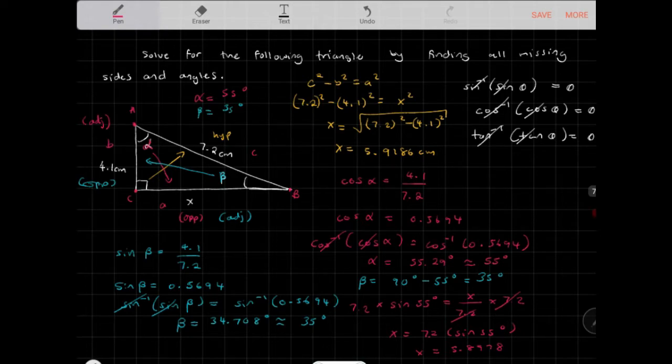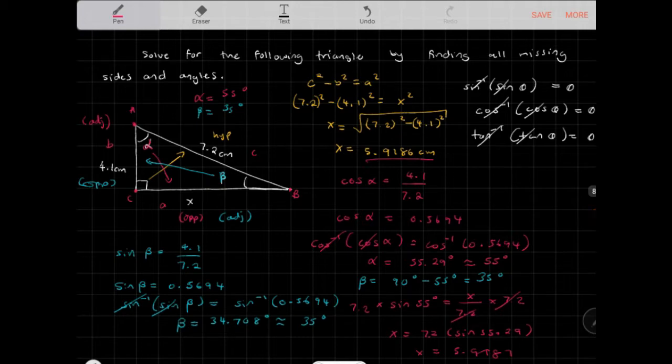And one of the reasons is that I rounded the angle off, right? So if you keep it as accurate as possible, I had 55.29, right? So if I did 7.2 times sine 55.29, you can see that you'll get 5.9187. So it's very close. Like if I do sine 55.29 in my calculator, you would get 5.9187. Right, so if you actually use the original value,